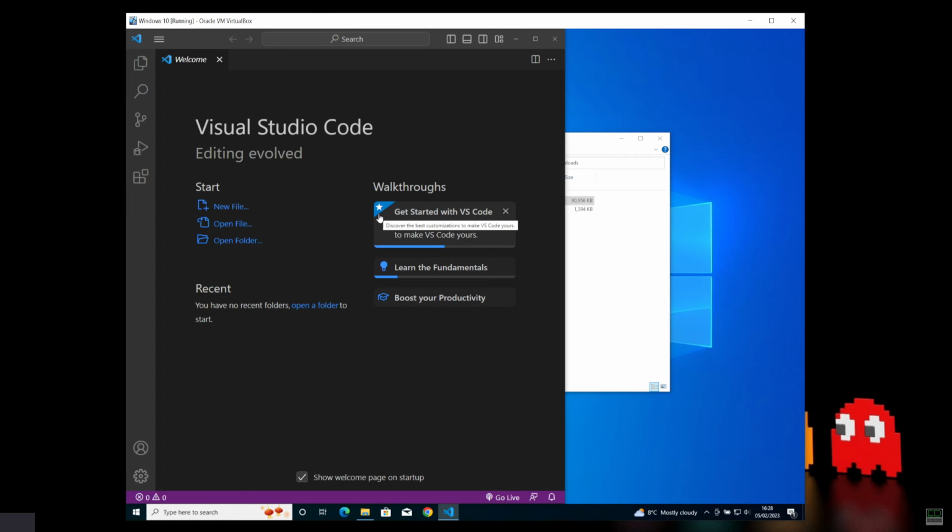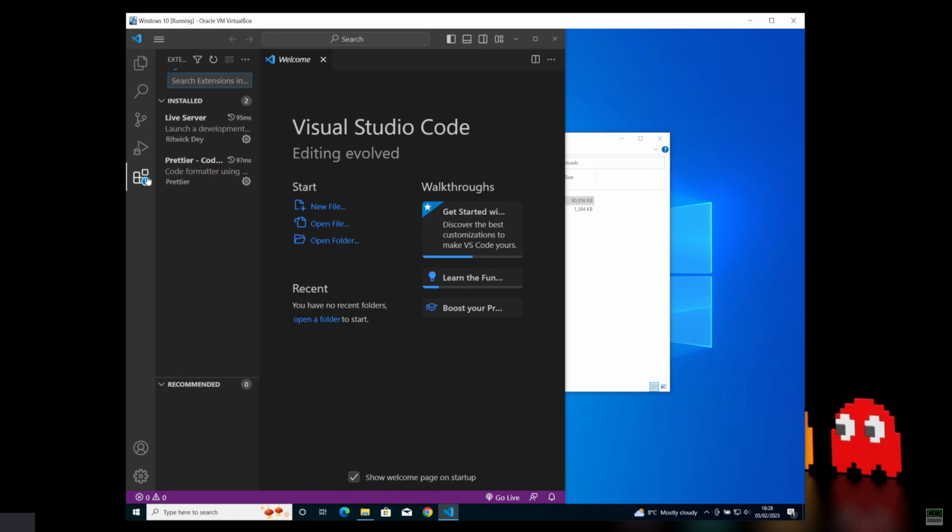I have done this previously, so it is not asking me to select a theme, but it will ask you to select a theme. I have selected dark theme. Okay. The next step, what you want to do is go to extensions here on the left and search for